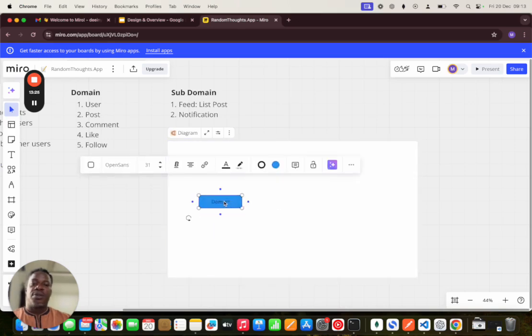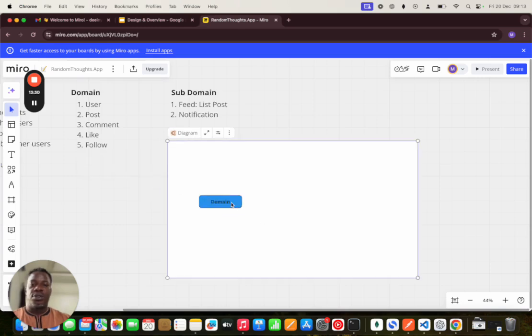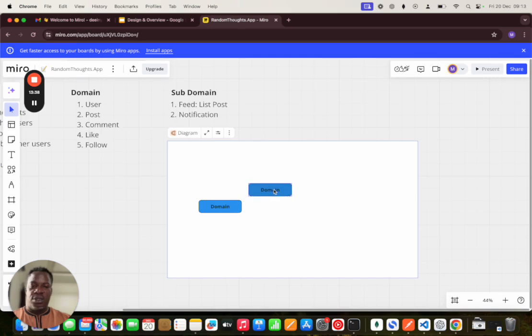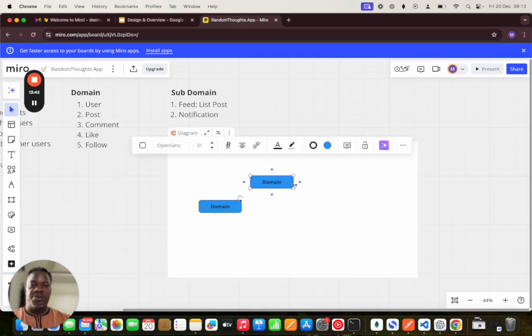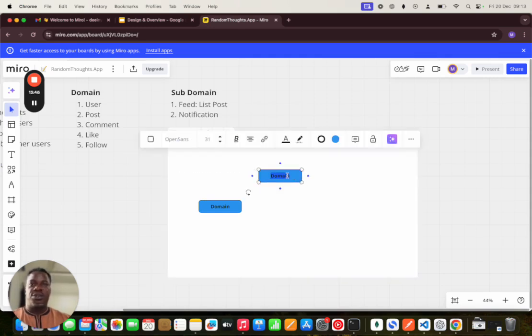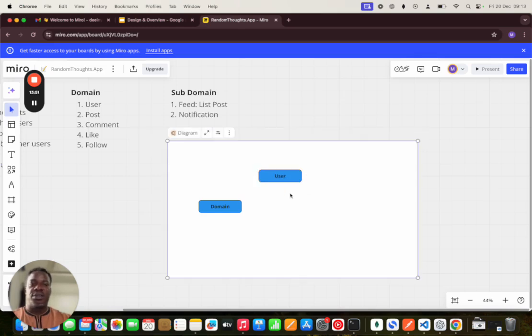Yes. Make it bold. And then you can duplicate this with Ctrl D or Command D, depending on the shortcuts. So we start with user,